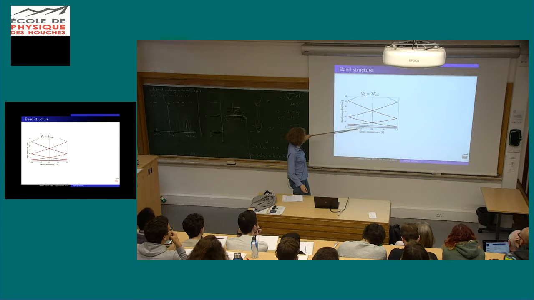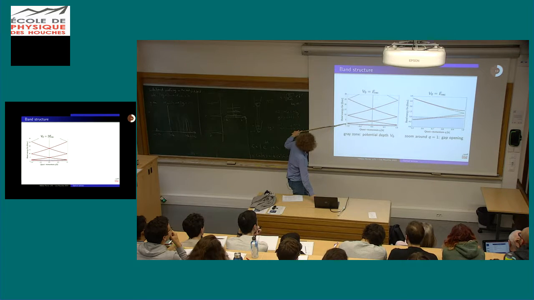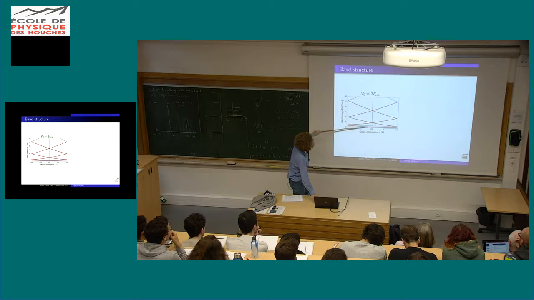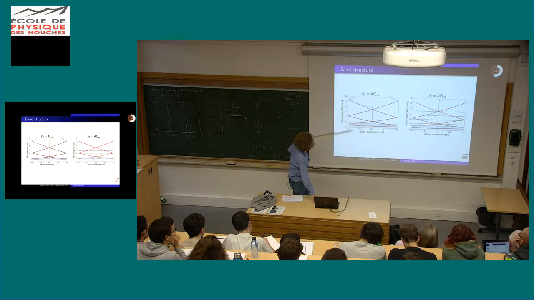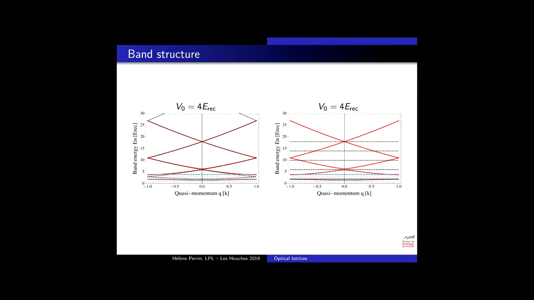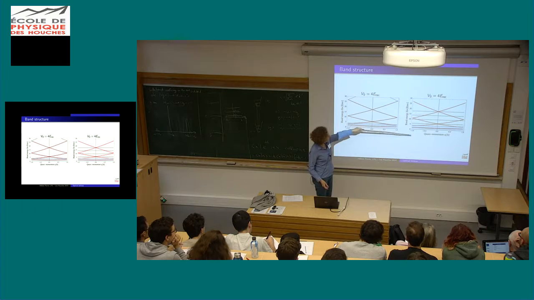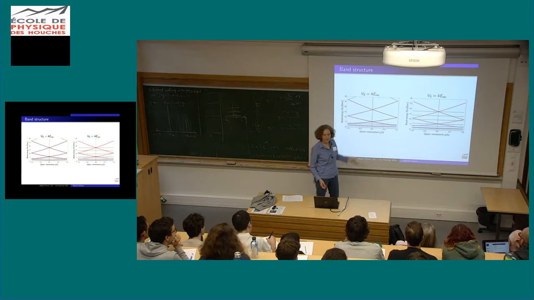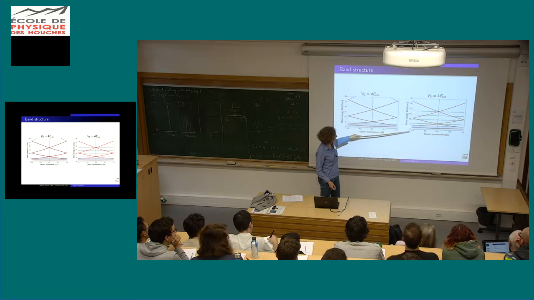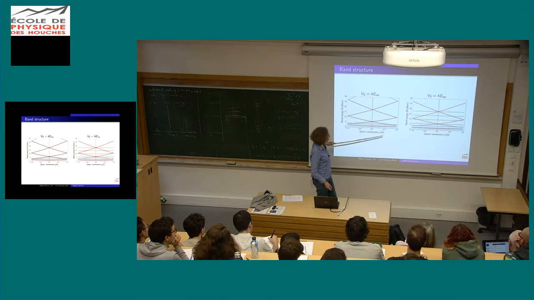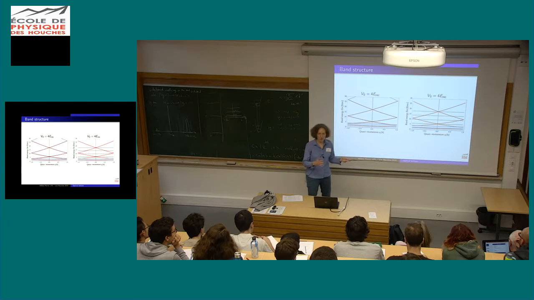So now let me increase further the lattice depth. It means that the gap opening here will be larger. But now the potential is in between the gaps, so it's still a very shallow lattice. Now it's 4 times the recoil, and I start to have also the second band inside the lattice depth. And here I start to show you the harmonic potential level. So you see here that we now have the fundamental band which becomes flatter than it was before.